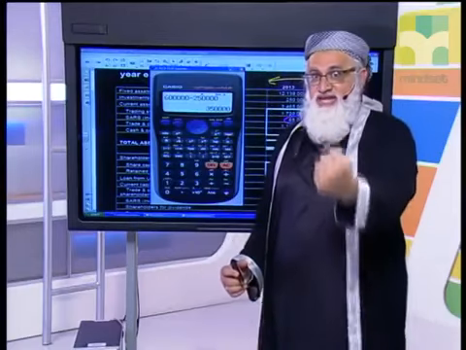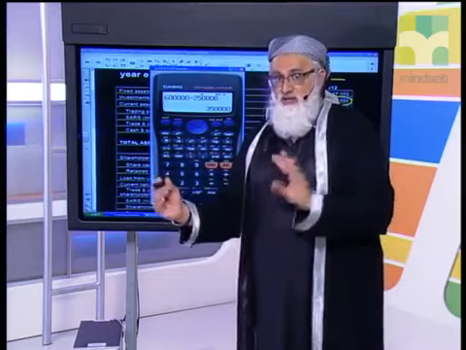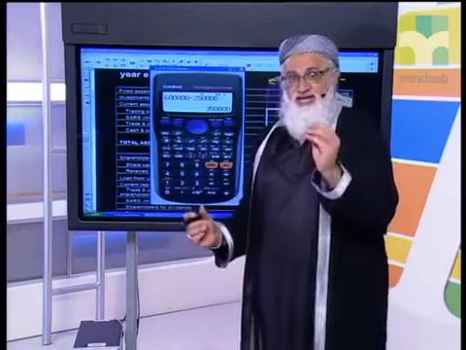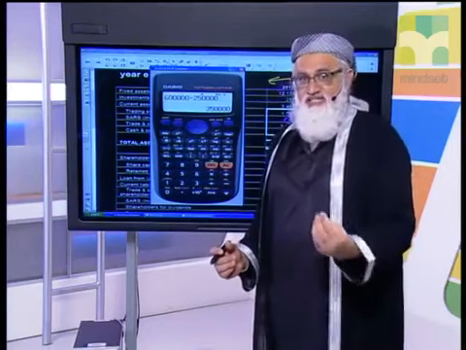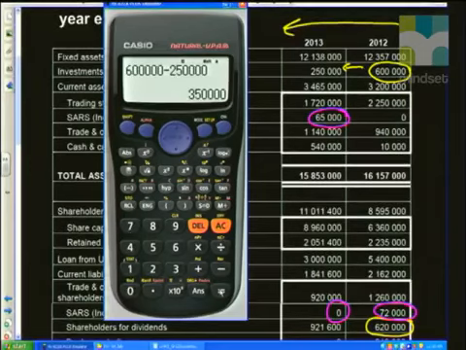Clearly you can see that your fixed asset has decreased, the asset has decreased in value. What is it? German or French? French, asset decreasing in value. We generated cash. How much did we generate? We generated an amount of 350,000.